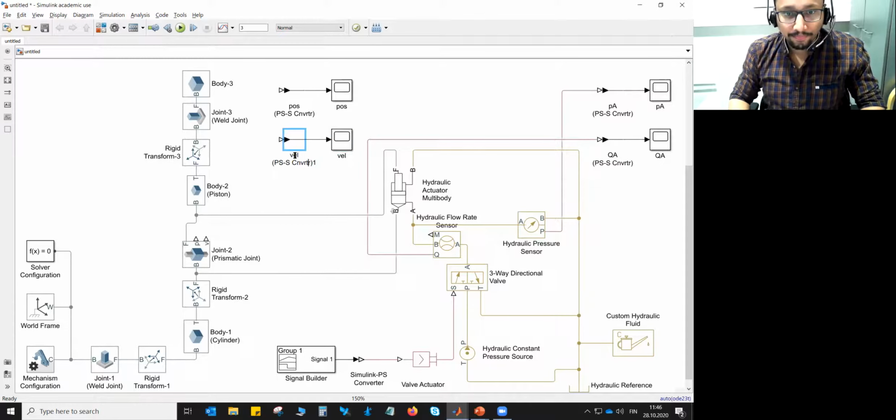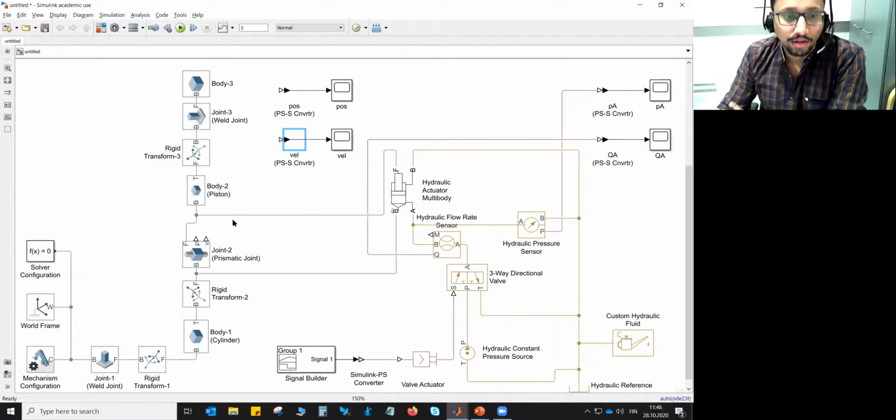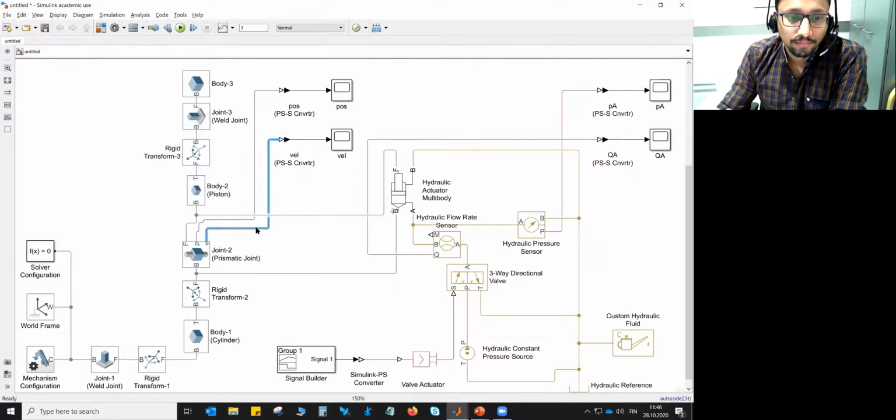You can make the connections accordingly. Do not get confused with the circuit.